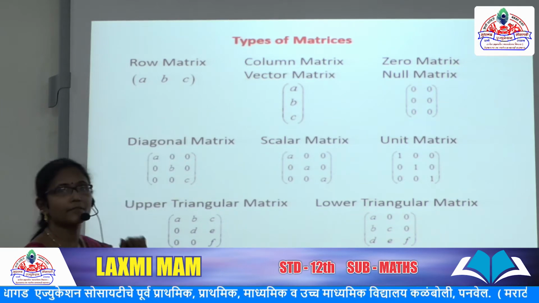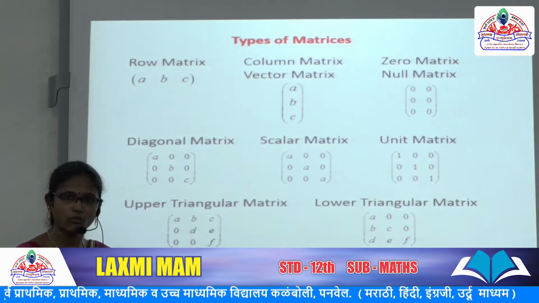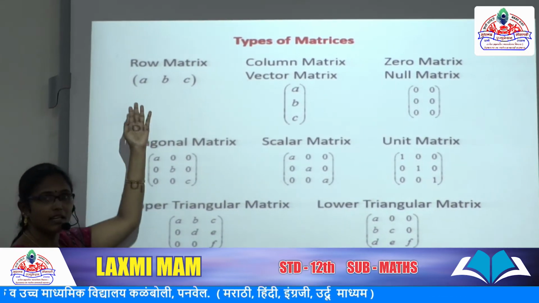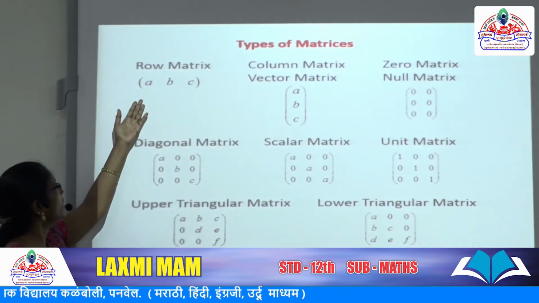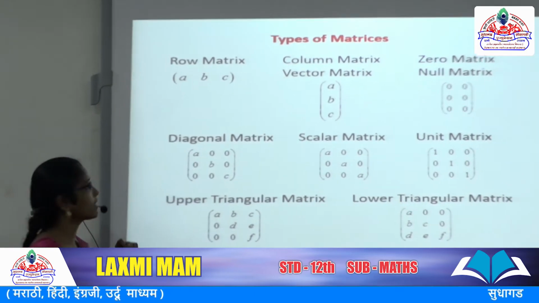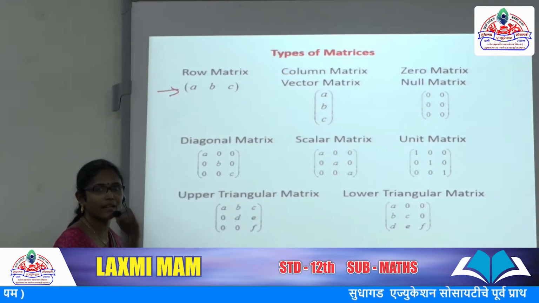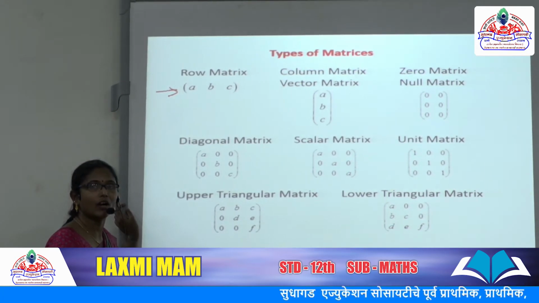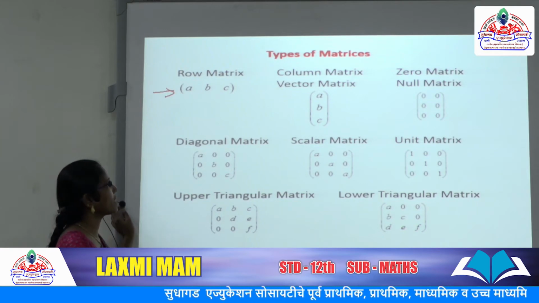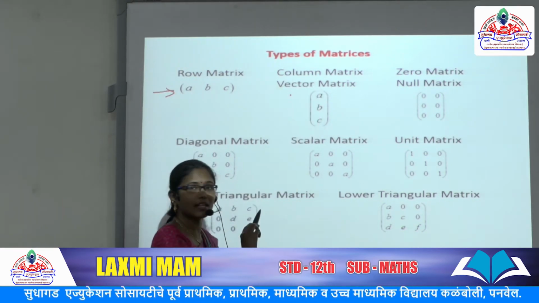There are some types of matrices given. First two types we have seen. One is square matrix, second one is rectangular matrix, the next one is row matrix. Here the example is given. See here, how many rows are given here? Only one row is given. Here, only one single row is given. That is the row matrix. If we are having only one row, then the matrix is called as row matrix. Here see the next one, column matrix, vector matrix. What are the names given?